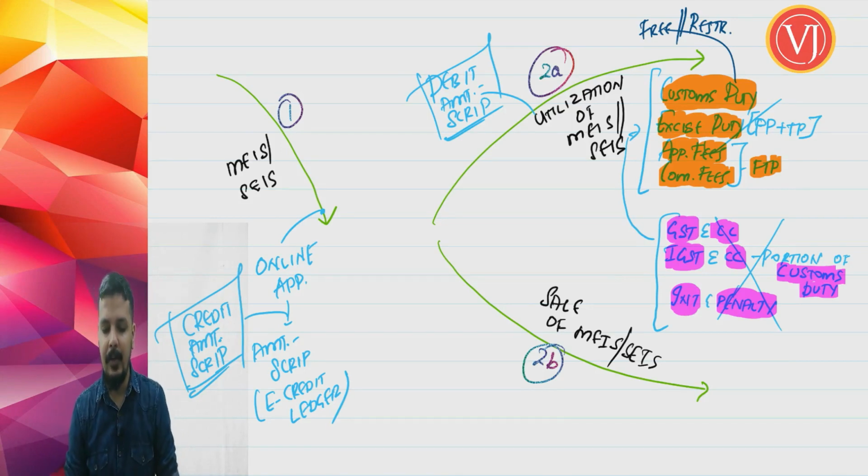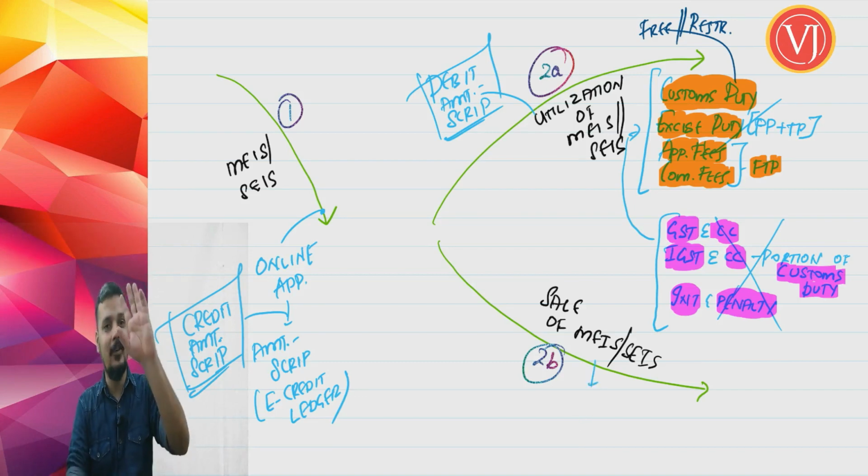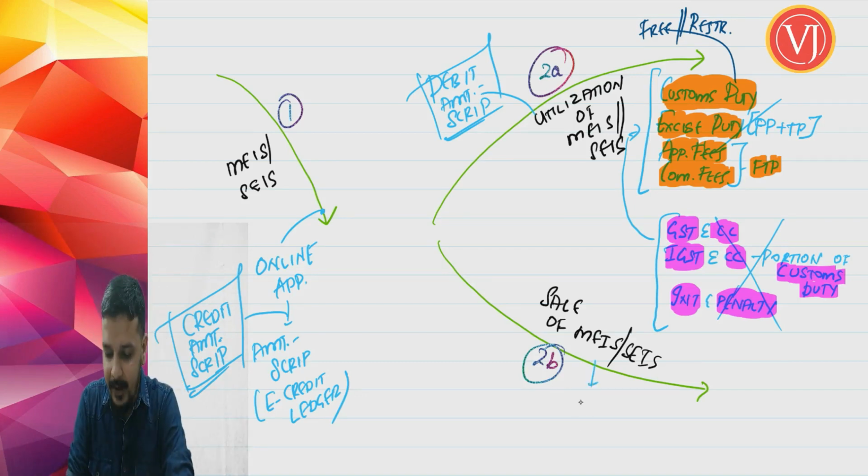Scrip cannot be used. Now friends, a lot of times it will happen that an exporter is not having any usage of scrip, because assuming that he is not having any import. So the exporter may not have any import. When the exporter is not having any import, can he sell the scrip? Yes. Sale of scrip is sale of goods. Back to basics again, GST. So your sale of scrip,